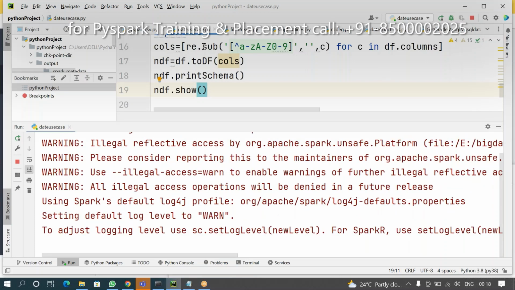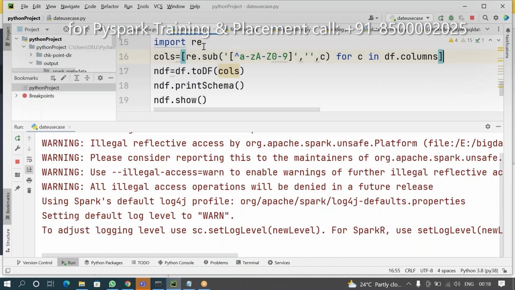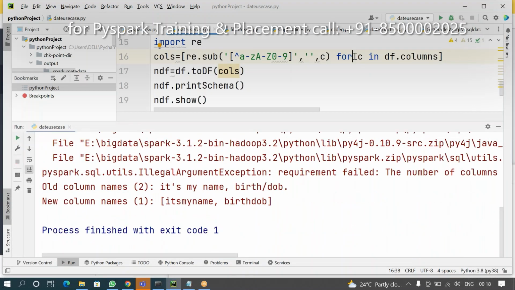Here, what happened in Python? You must have programming skills to clean all this. This is a header schema I want to clean. In this scenario, you are using it like this. I think I want to use it like this.